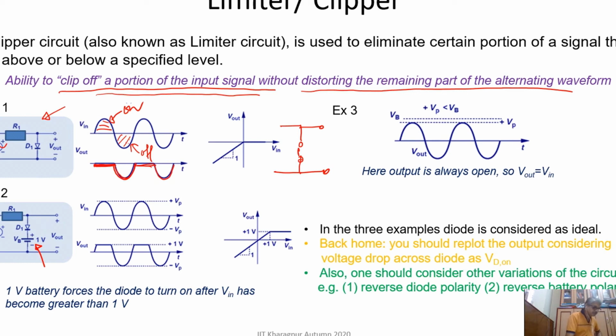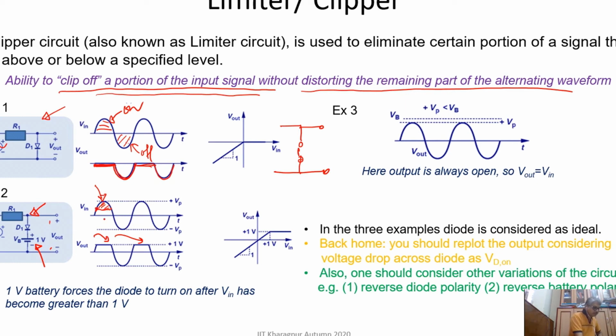Okay, in that case this diode will be forward biased only when the voltage here is more than 1 volt. In that case the diode will be forward biased and will act as a short. And when it acts as a short, if you measure the voltage at the output here, we will get 1 volt, because here the diode is basically on. Beyond this point, the diode is basically on, so for this part of the input signal you will get 1 volt